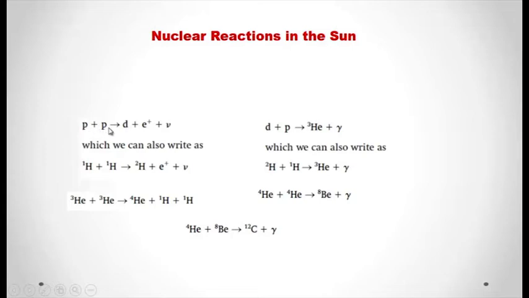Here protons join together and give out a deuteron plus a positron plus a neutrino. Then this deuteron and a proton join together and give out helium-3, along with a neutrino particle. Then 2 helium-3 isotopes join together and give out a helium, then 2 protons. Then again those 2 protons combine together. Like that, the chain reaction takes place in the core of the sun, so that the sun produces heat energy